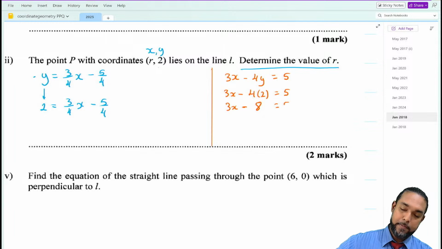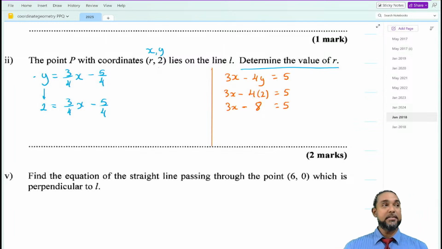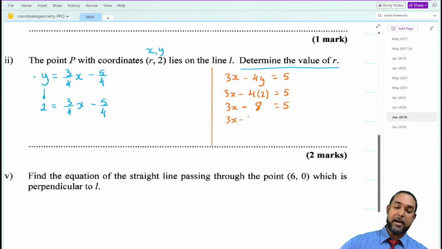All right, cool. Right, so if 3x minus 8 is 5, so some number minus 8 is 5. So how do we find that number that we minus an 8 from? We subtract an 8, right? Okay. Correct. So what we want to do is add back 8 on both sides of the equation. Minus 8 plus 8 will cancel to 0, leaving us with 3x. And 3x will be equal to 13. And how do we solve for x now? How is it attached here?